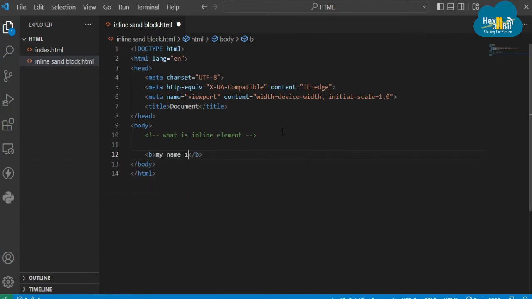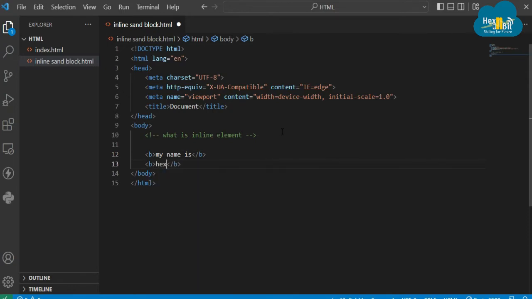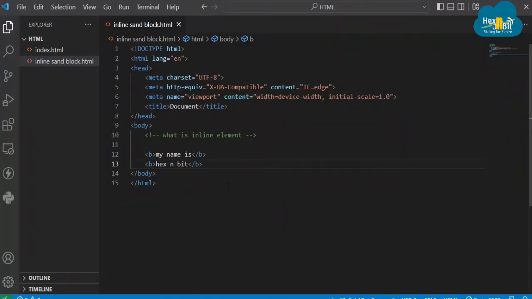My name is, then one more B tag, Hexnbit. Okay, let me run this file. My name is on one line and Hexnbit is on the same line, but